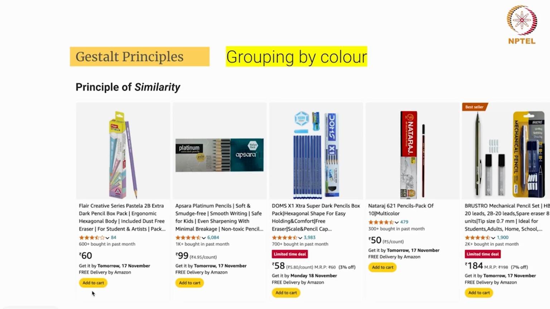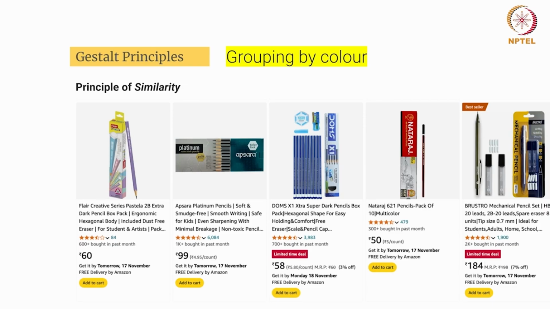So once I have read this add to cart, I know the rest of the buttons are associated to add to cart, without emphasizing the details of the text or the explanation about that button. Next, another important thing you can easily identify here is the red color. So here again the grouping in terms of color is happening